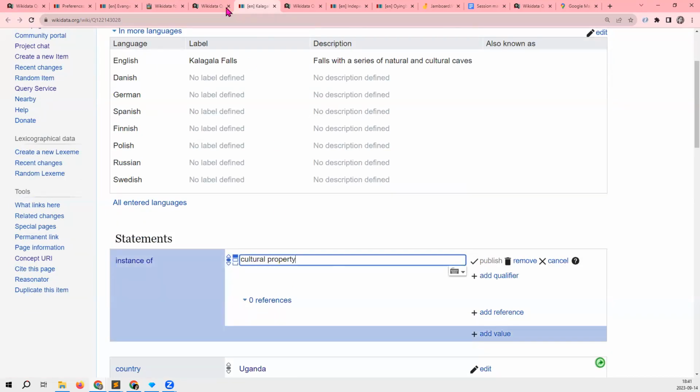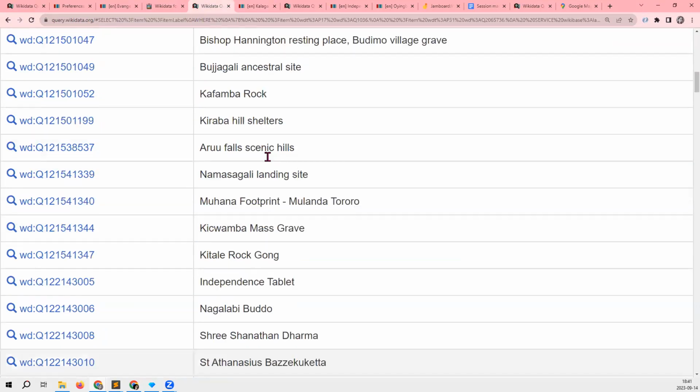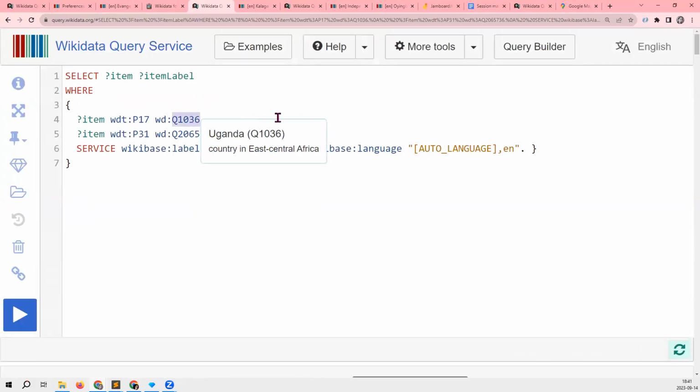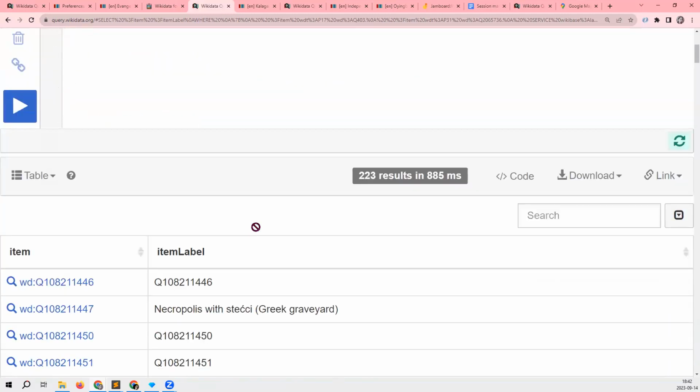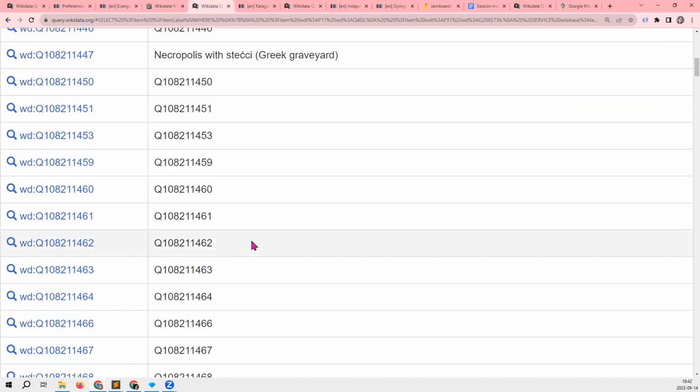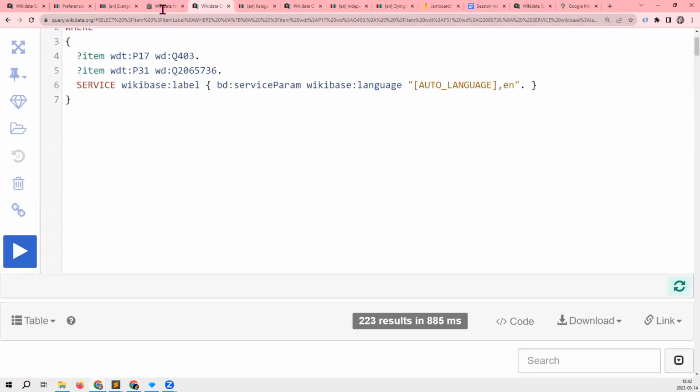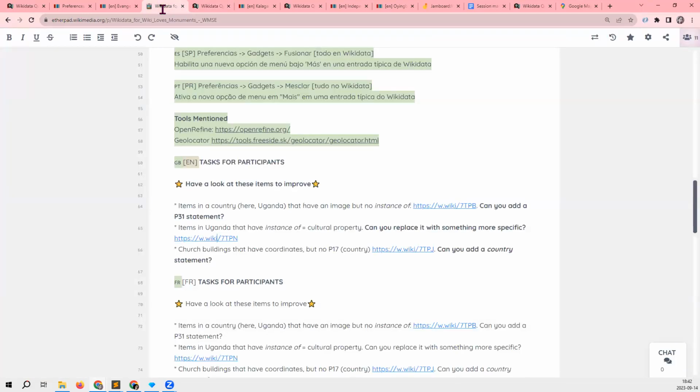So I could change it here. And again, here I can change the country and look at things in other countries that also need it.